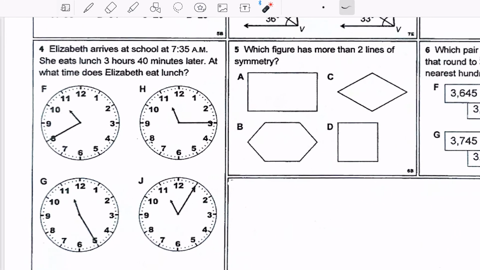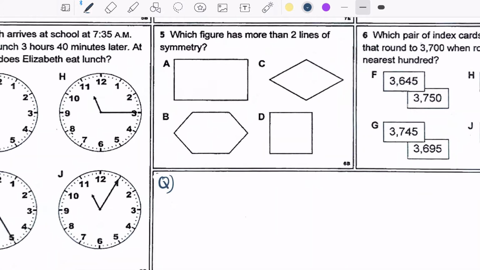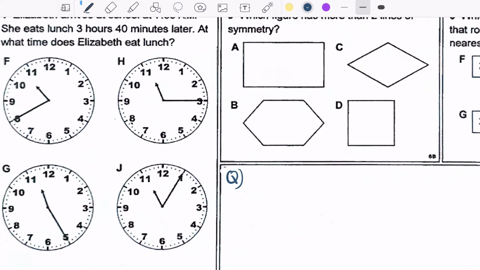Number 4 says, Elizabeth arrives at school at 7:35 in the morning. She eats lunch 3 hours, 40 minutes later. At what time does Elizabeth eat lunch? So for this one, you're definitely going to have to use your CUBES pad. So here you have enough space for that, for the question. And the question is